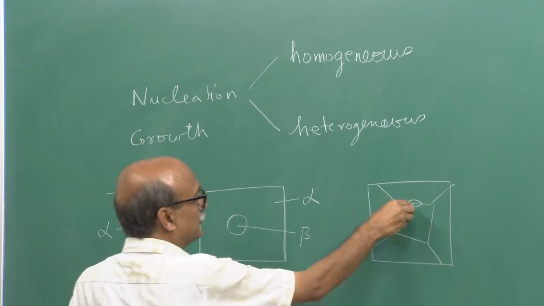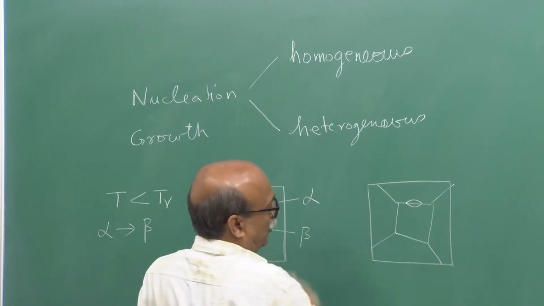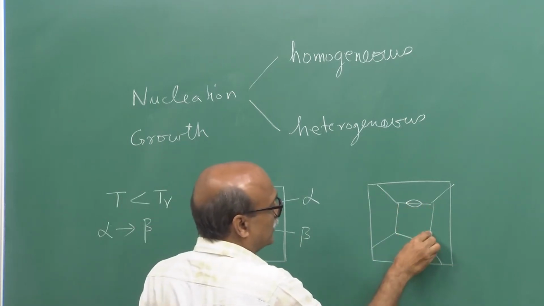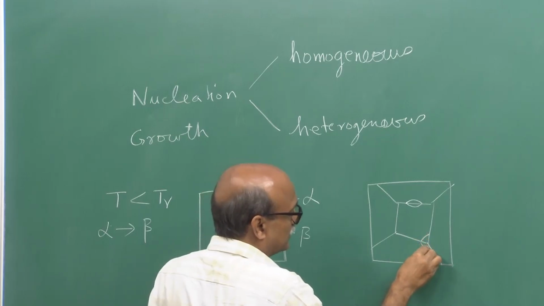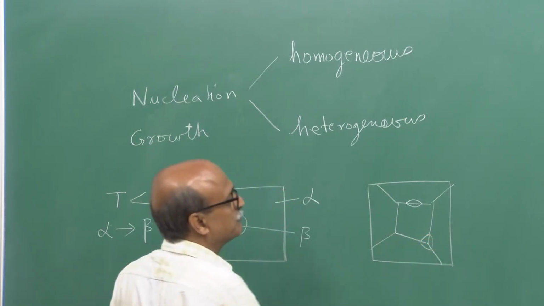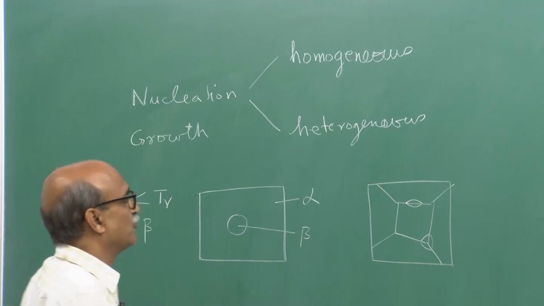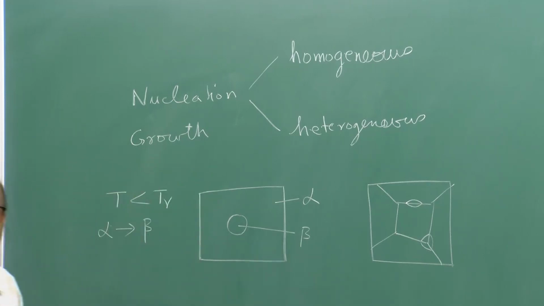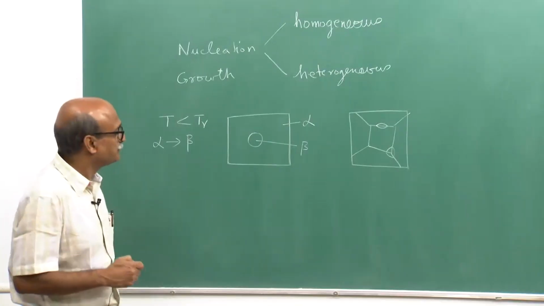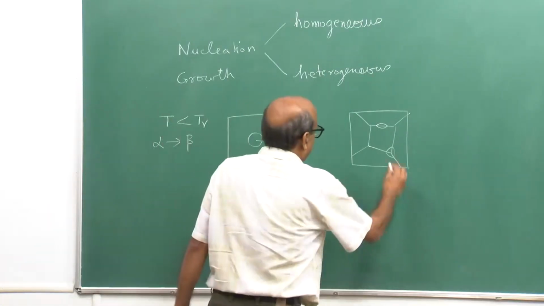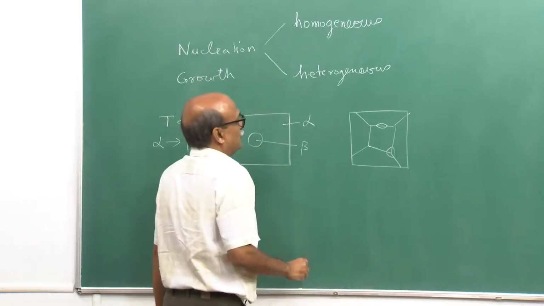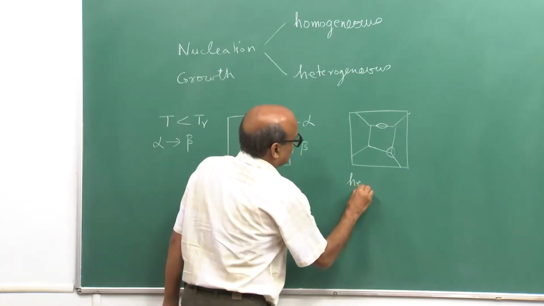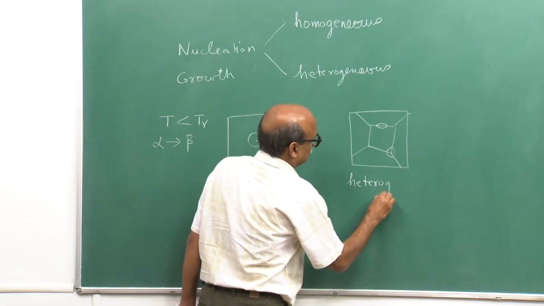It can form where 3 grains meet, that is on a triple point. It could also form on other defects in the material such as dislocations. This way of nucleation is what is called heterogeneous nucleation,